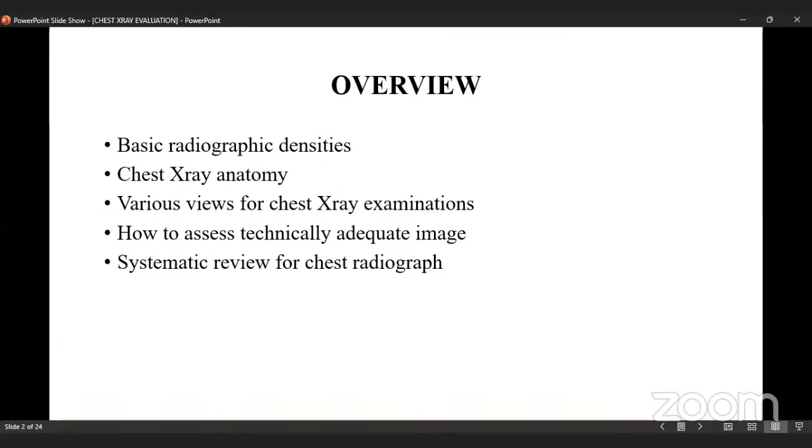You have to know the various parts of the chest X-ray so that it will help you make the right reading or interpretation of the images. Then we move on to the various views that we have for chest X-ray examinations. And then we assess the technical adequacy of every image. So before you do the systematic reading of any X-ray image, you have to know the technical adequacy or the diagnostic quality of the image, so that it will help you to know